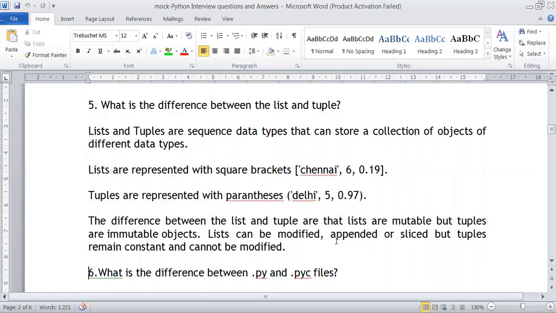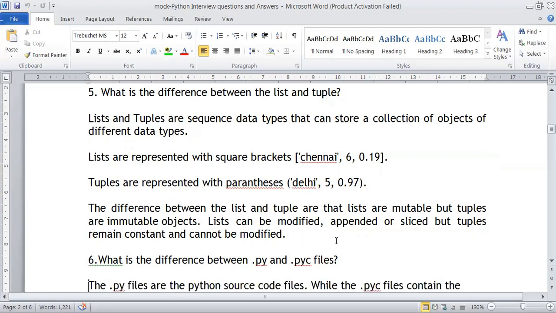So we can add, delete, remove, or insert in the middle, at the end, or at the beginning of the list. Whereas in a tuple, we cannot do any operations because the elements inside the tuple are constants. So we cannot modify it. But how can we modify? If we want to do any modification, we have to convert the tuple to a list, do the modification, and again convert it into a tuple. This is how we do it. So this is the difference between list and tuple. The major difference is that a list is mutable and a tuple is immutable.